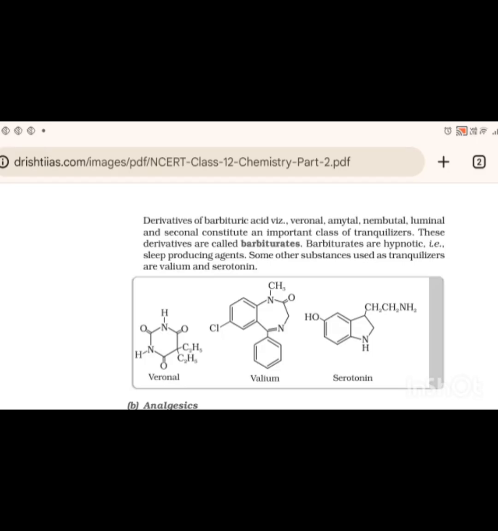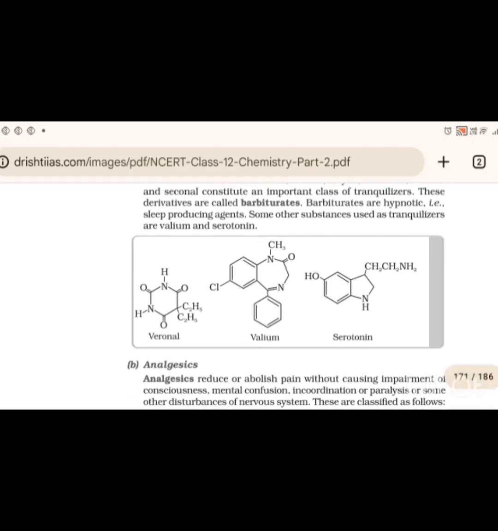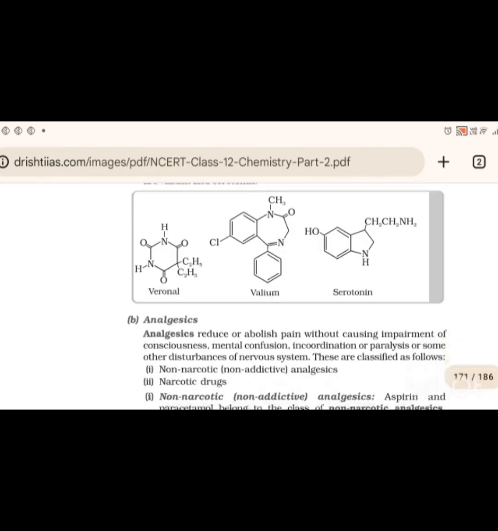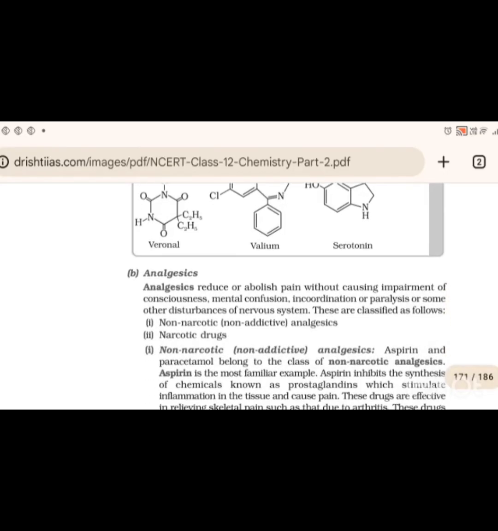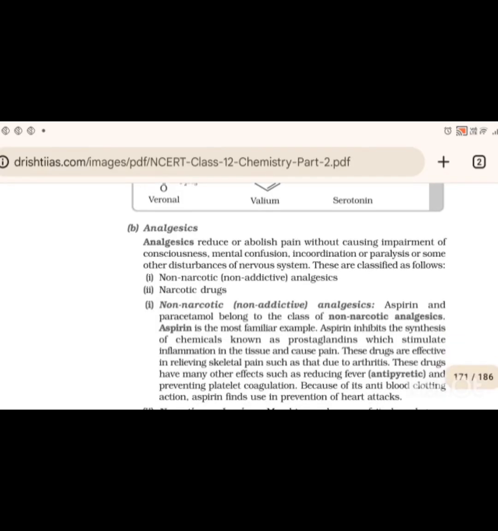These derivatives are called barbiturates. These are hypnotic, that is, sleep producing agents. Some other substances are tranquilizers like serotonin. Analgesics reduce or abolish pain without causing impairment of consciousness, mental confusion, incoordination or paralysis or some other